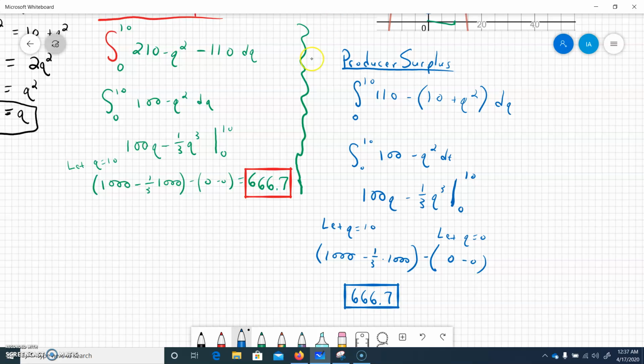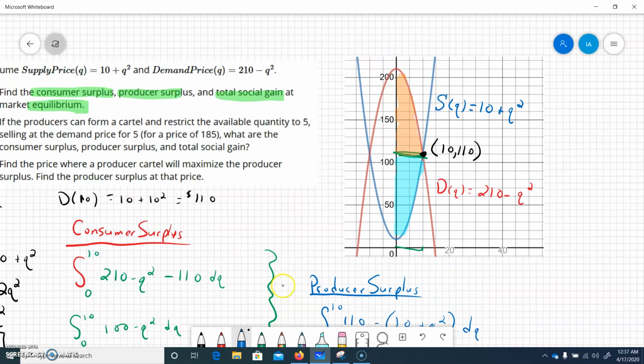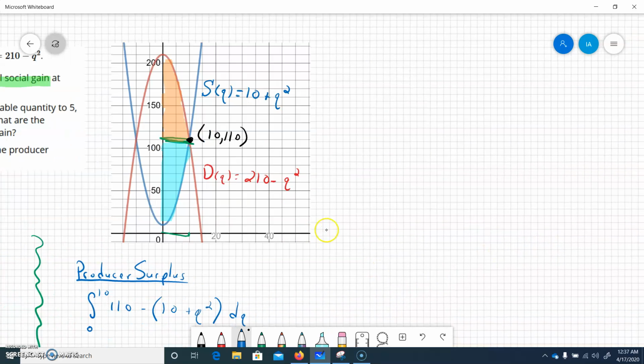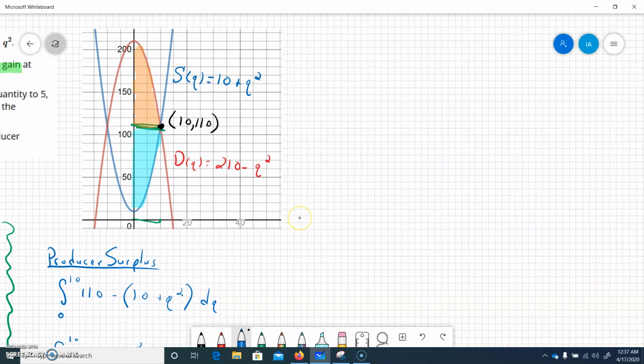So let's go back up and look at our graph. It could be a little misleading. But if we do look at it, it does look like the part here above my green equilibrium line would be symmetric with the part below. So that's kind of interesting. But if we wanted to take that and we wanted to do total social gain,